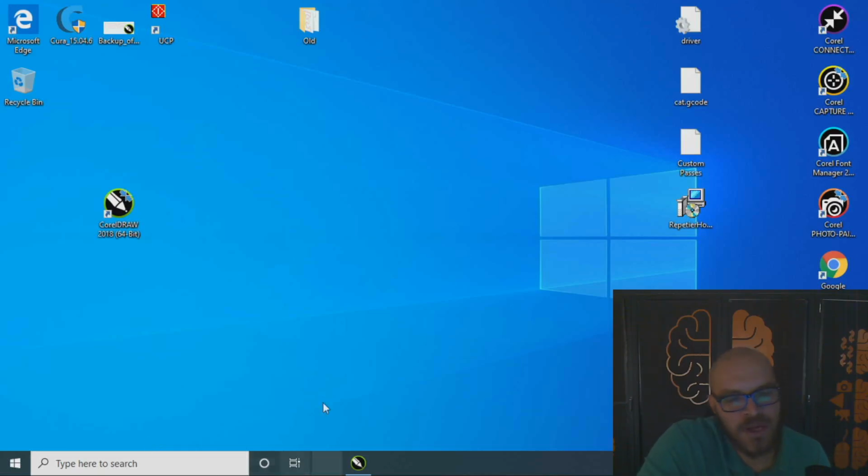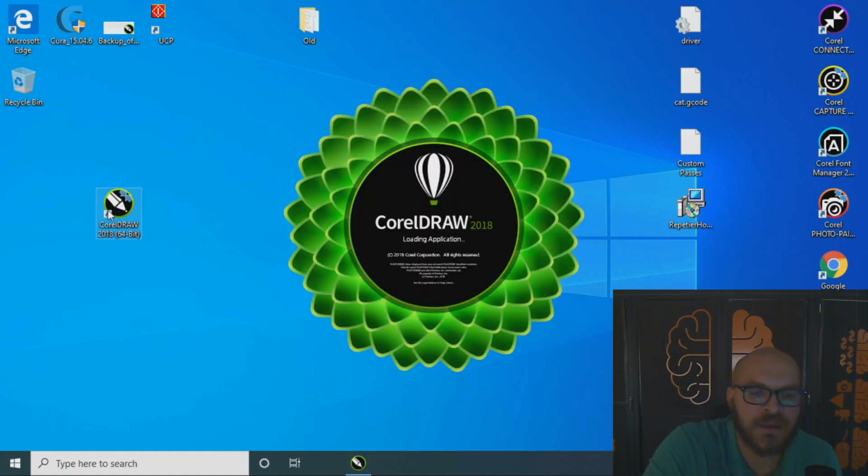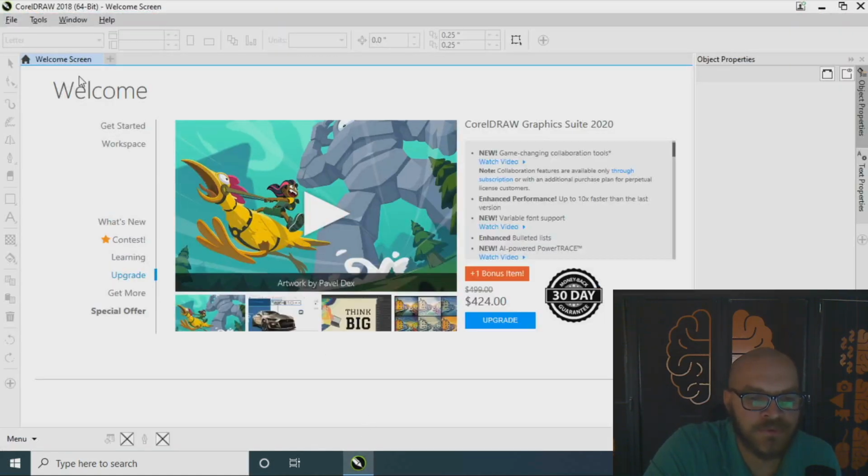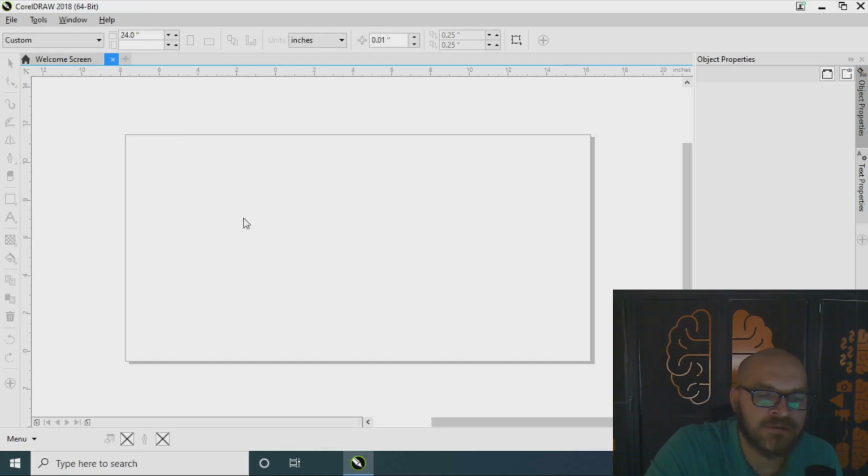Well, I want to show you how to get started using Corel Draw for the laser cutter. Now here it is on this laptop. I have them in the room, and here I am opening. When you first get in, what you'll see is this welcome screen. You probably need to open a new tab at the top here, and it's going to ask you,